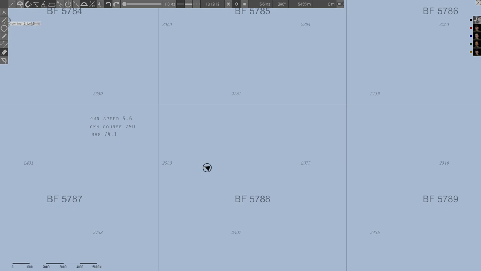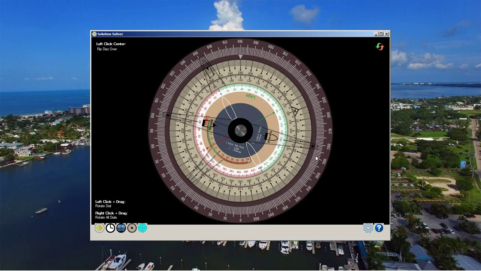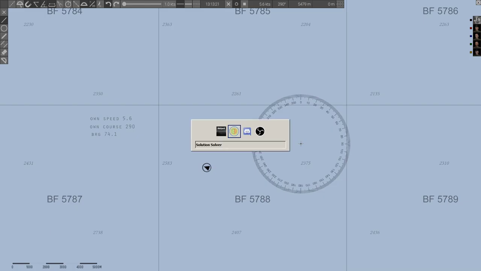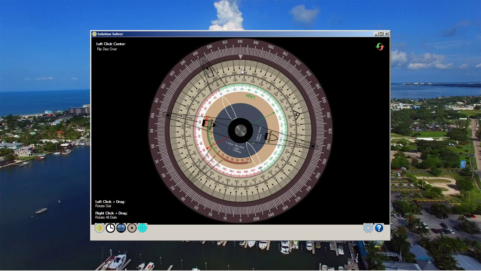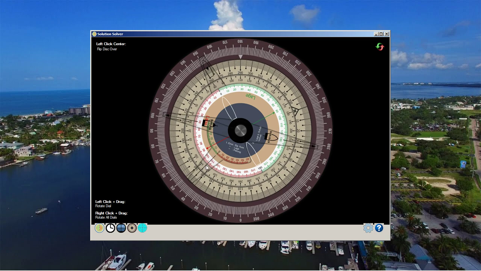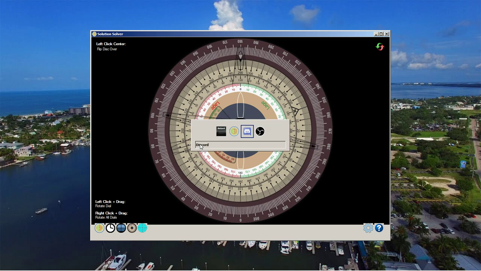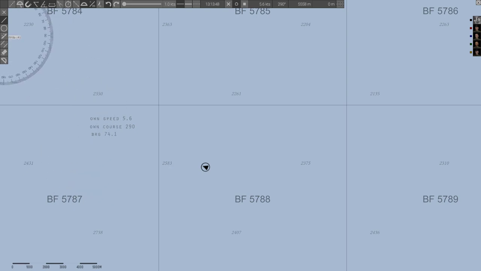So to get the AOB, which we'll need, you simply plunk in the values, right? So 290 at 70. The bearing was 74.1. So we do 290 and 74.1 there, and his course was also 290. We have to do that. That gives me 106. All right, let's just call it 106. So 106 is the angle on bow, so we need to note that as well, and I'll show you why. AOB